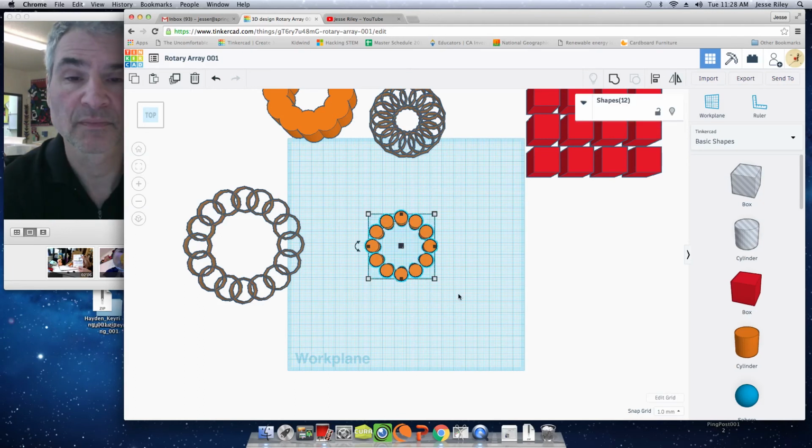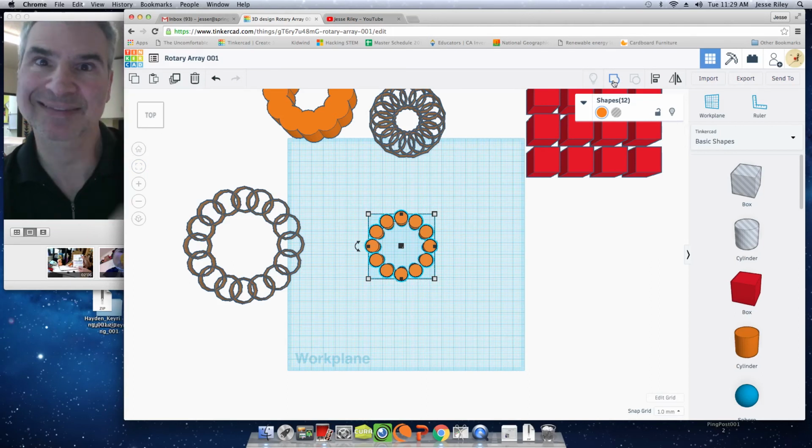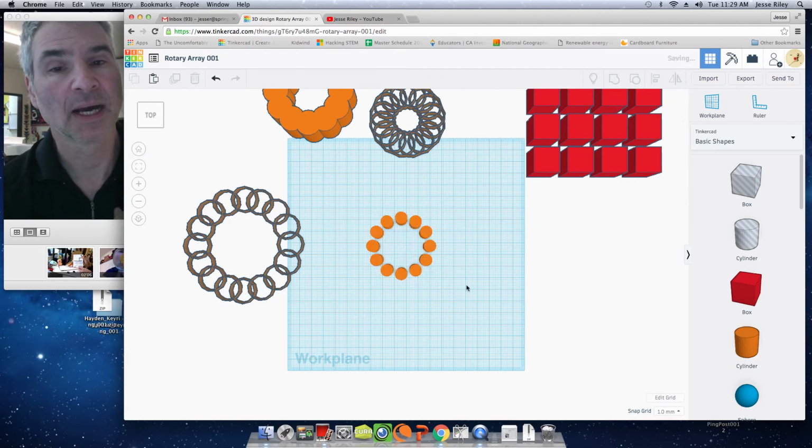cylinders. Let me see if that works on this. I just wanted to zoom in there. That's a rotational array similar to a clock. Okay, I'm going to group those at this time. And then I'm going to show you how to do the rectangular array. Similar kind of idea, where you have